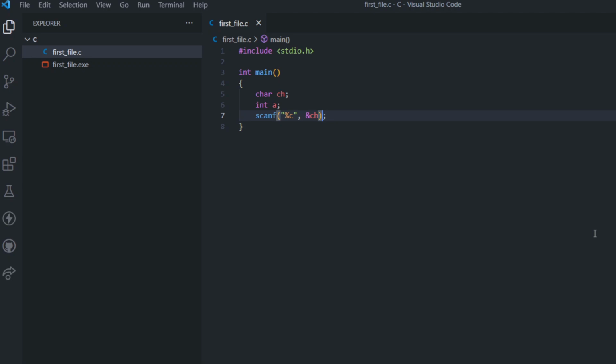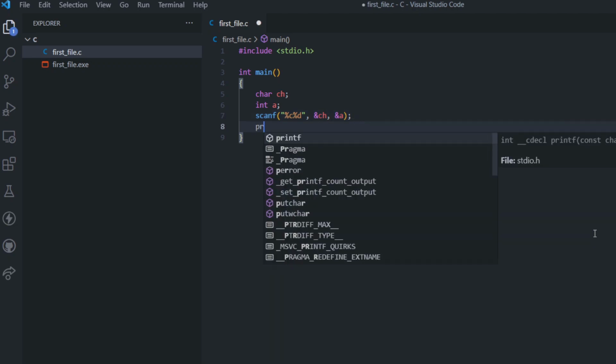Now, to take multiple inputs on the same line, we can do this. We can specify another identifier, sorry, %d, for an integer, and then we can actually, like the printf function, map this variable to that identifier, meaning that, after character ch, the integer a will be taken. Now, if we print this,